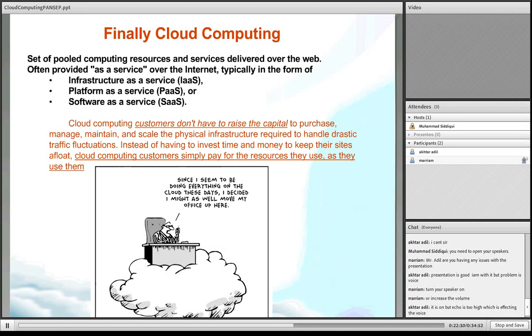So that's one of the key things. It gives business much more resources and takes their consideration away from the problem and focuses on business. So anywhere we use infrastructure as a service, or platform as a service, or software as a service, it's called cloud computing.